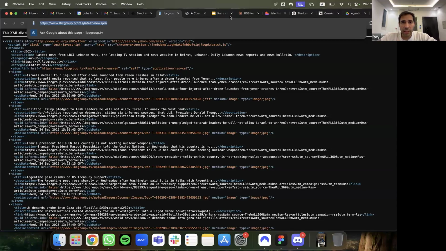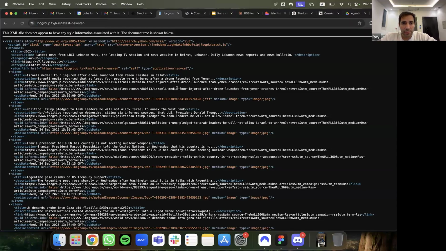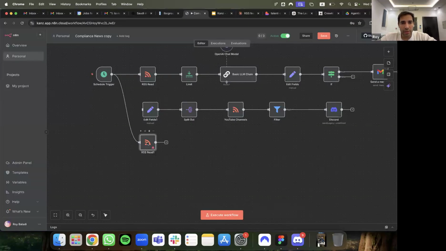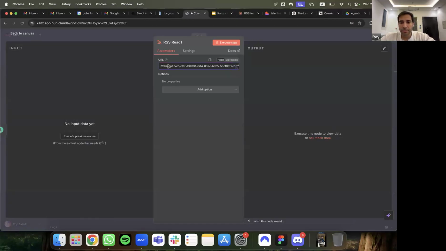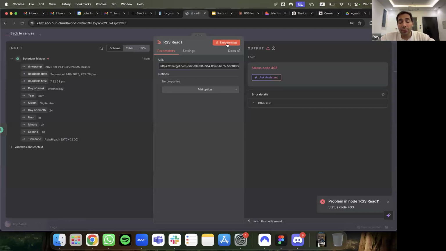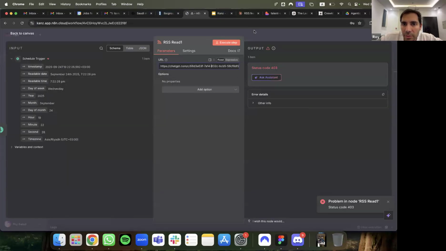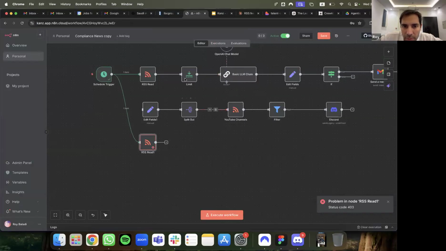So with this RSS feed, I'm just going to plug in, for example, Saudi Gazette. I'm going to go to my n8n workflow, double click on the RSS read and paste it there. Hit enter. And then click on execute step. If you're able to keep track of everything, excellent. If you're not able to, don't worry. It's not a problem. I put the wrong link. That is not the Saudi Gazette, that is ChatGPT. Sorry, guys. Let me give you the proper Saudi Gazette link.